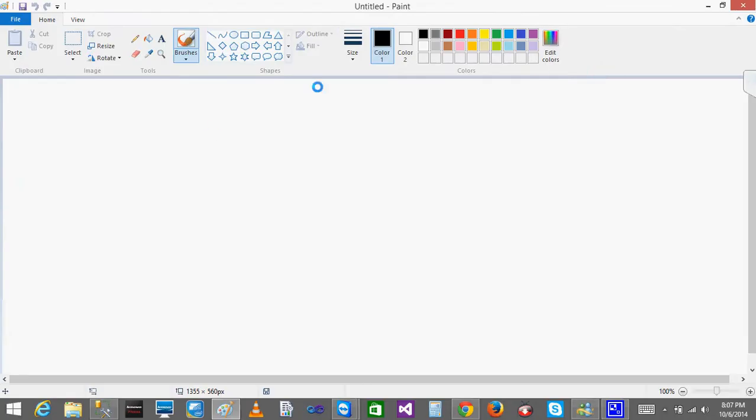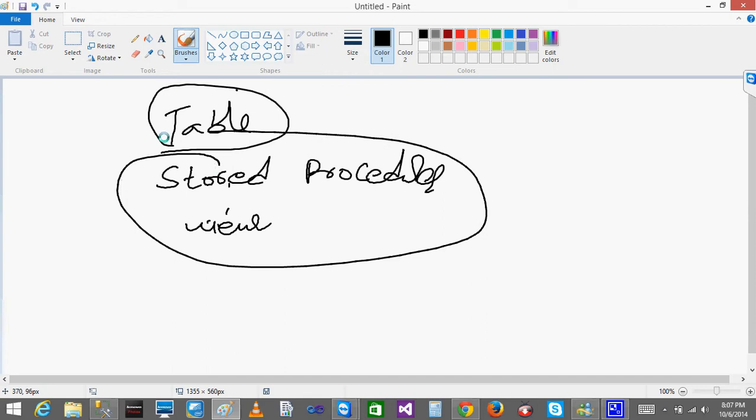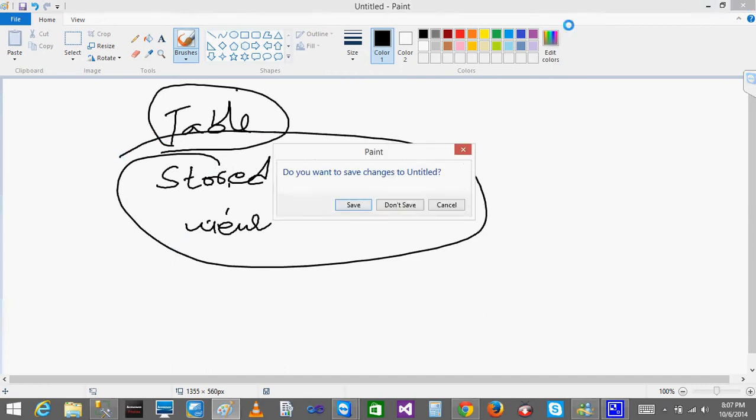So you created a table, right? A table is one kind of object. So we have seen the table. There are some other things called stored procedures. They are also objects. Views are objects. We are going to study all of this, nothing to worry. Whatever thing exists in the database, we call all of them objects.